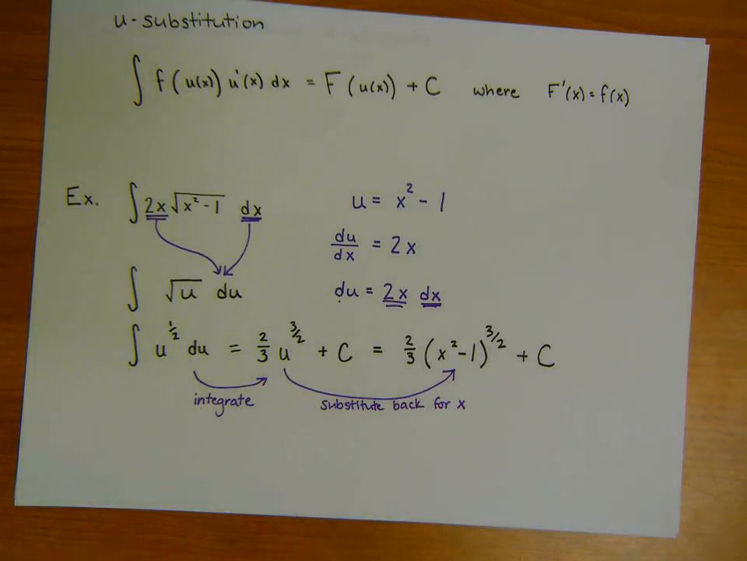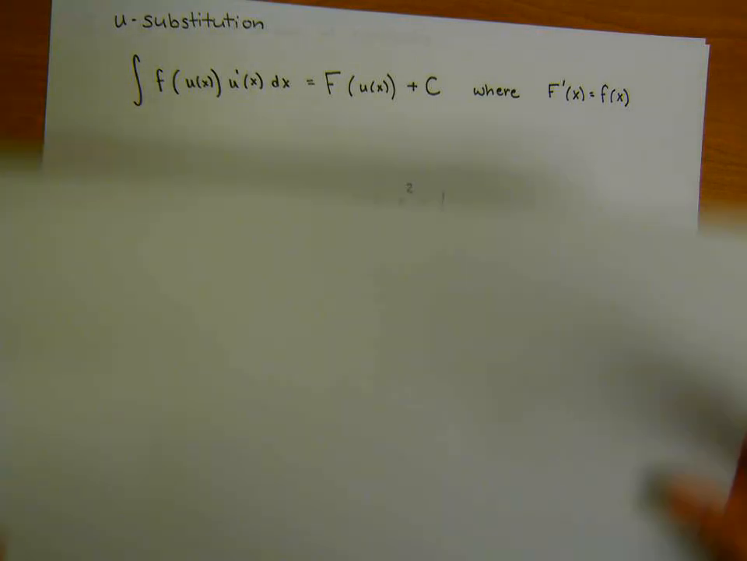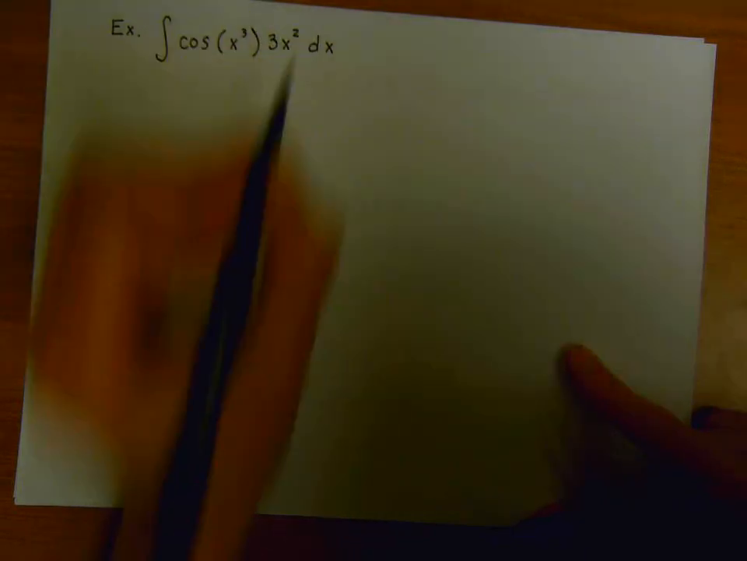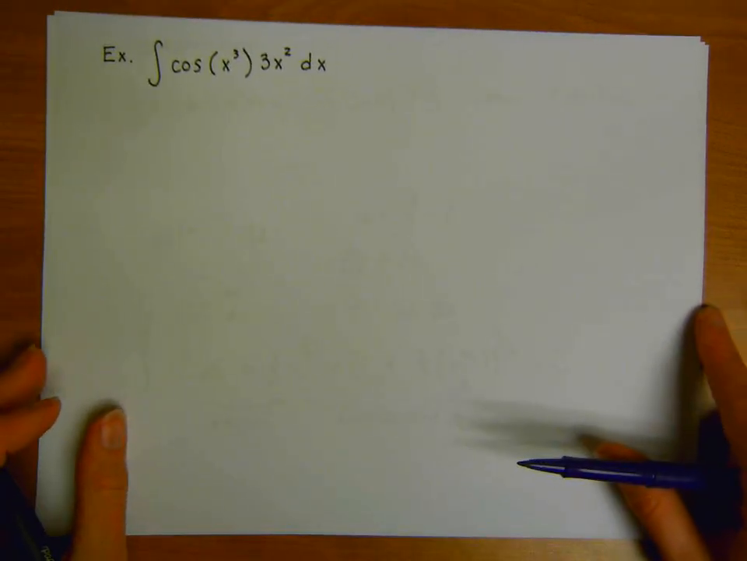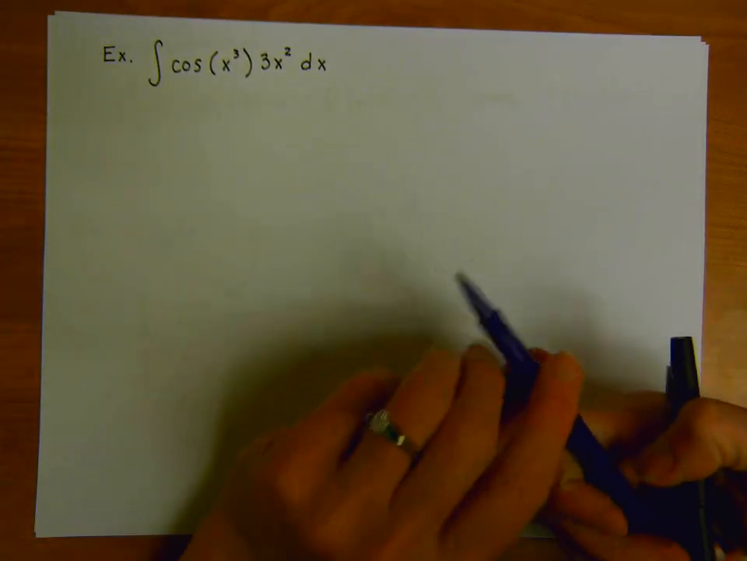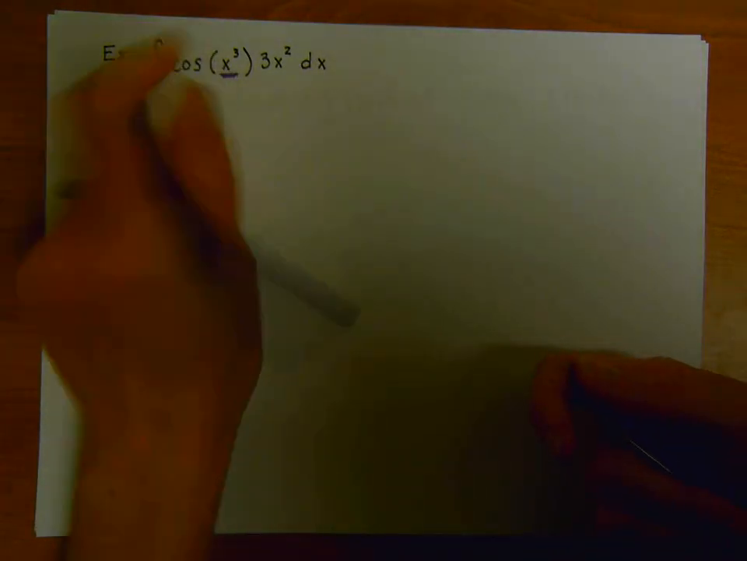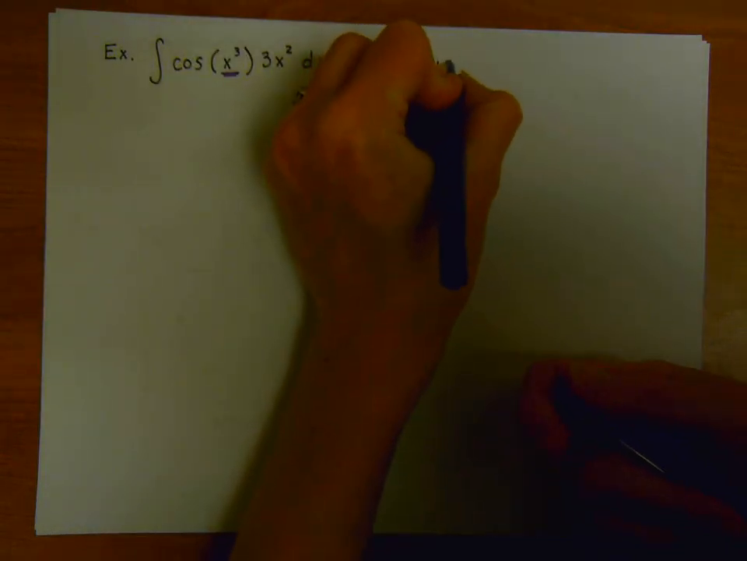Let's see another example of something similar, something that we're going to try to do as a u-substitution example. So let's say I want to take the integral of the cosine of x cubed times 3x squared dx. This is one similar to the one that we saw before. And I'm going to do the same type of process. What is my u going to be in this case? I see that the inner function, x cubed, I'm going to set equal to u,